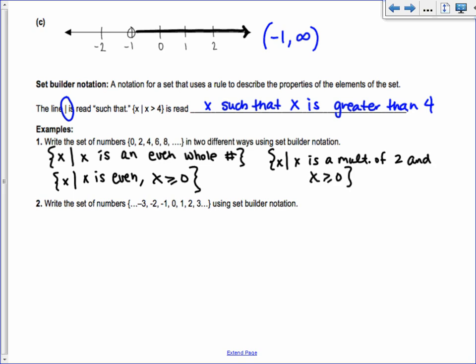There's multiple ways you can do this. This makes sense. So I like set builder because there's lots of ways you can write it. But it is confusing because people don't like the braces, they don't like drawing, they don't like the x such